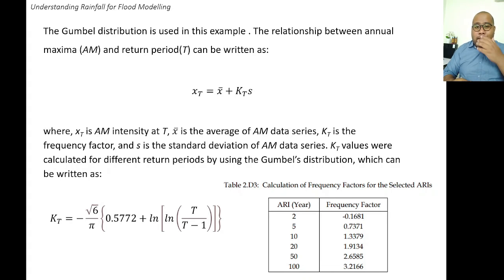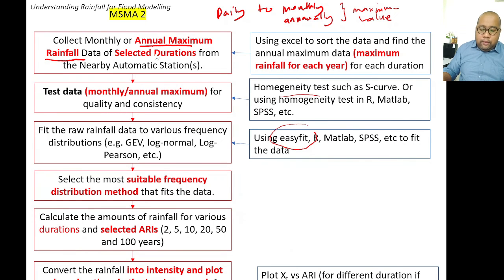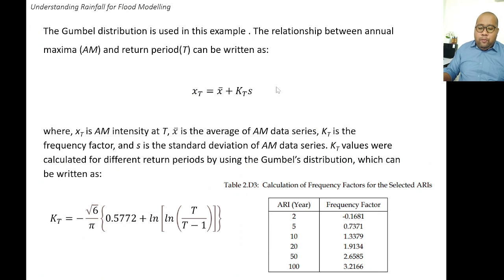Okay, and then I think many people are confused about how to do it. But most of the time, for Malaysian conditions, the rainfall actually fits the Gumbel distribution. So if we want to use the Gumbel distribution, the first step is still the same as before. You need to take the annual maximum rainfall, and then you test the data, and then this step, which is fit the data, you can use this formula,